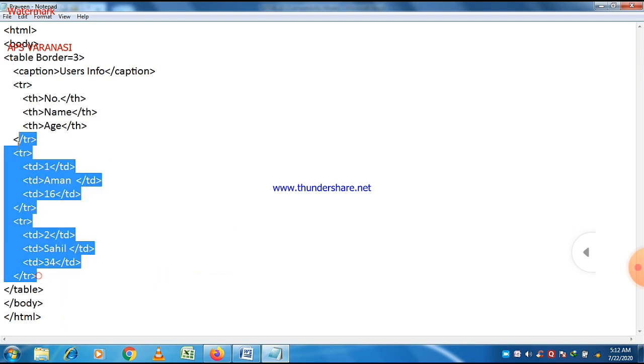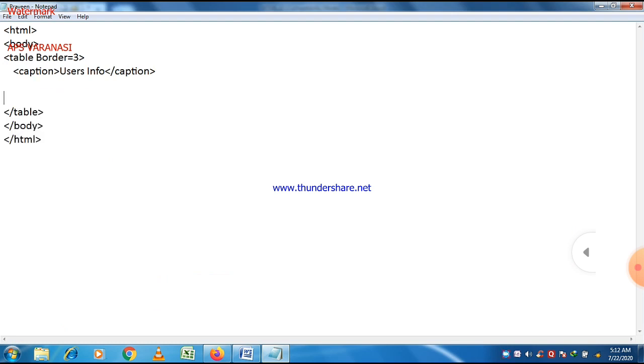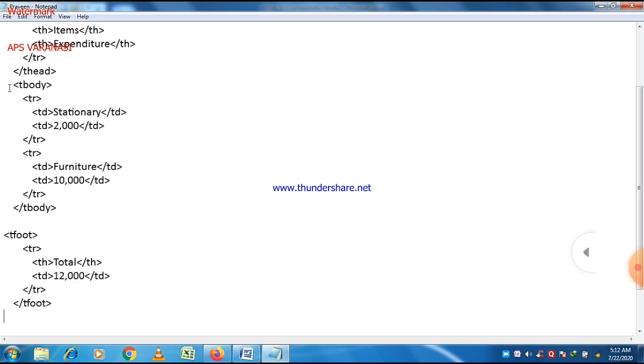This is a previous program, so just remove it, and we take here all the essential tags: HTML, body, border, caption, and just try to implement T head, T body, and T foot here. So now this is our complete program.